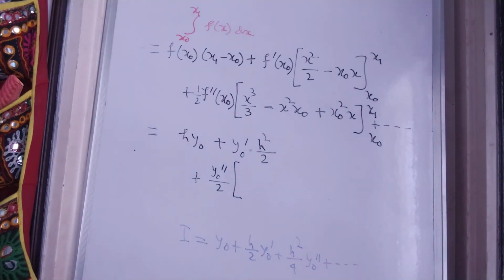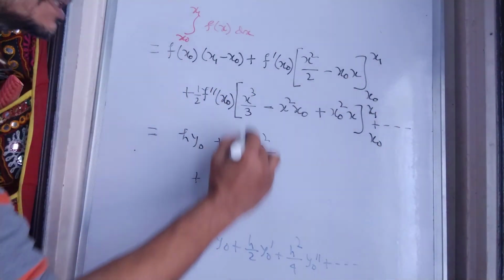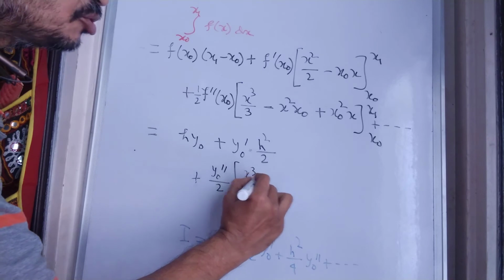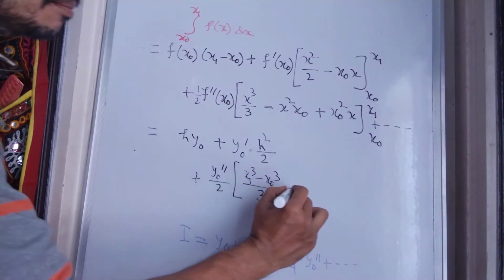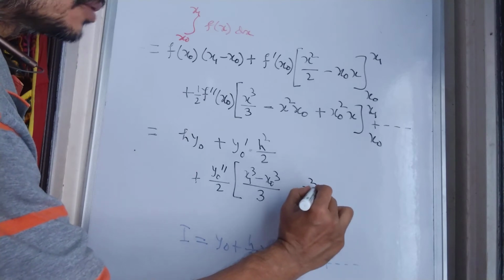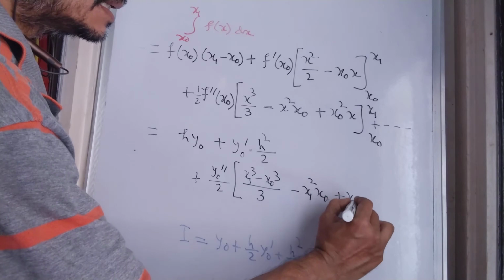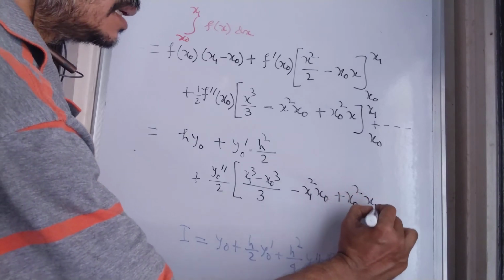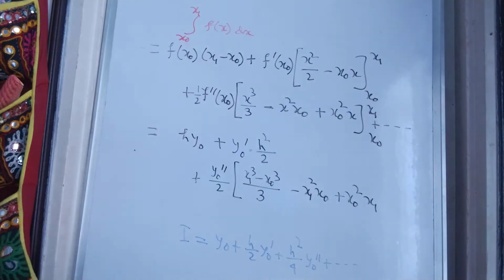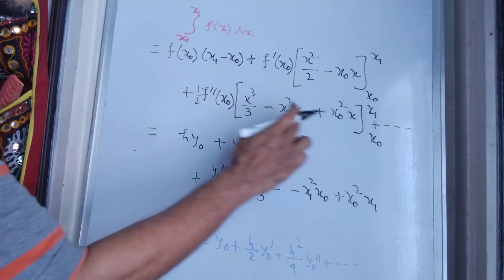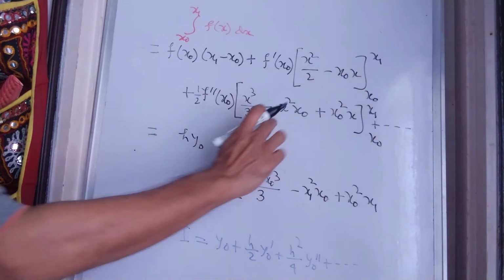And whenever we put these limits here, it becomes x1 cube minus x0 cube by 3 minus x1 square x0 plus x0 square x1. That is when we put x1 in place of x here and in place of x here. Then we put x0 in place of x here and in place of x here, and it is subtracted, so